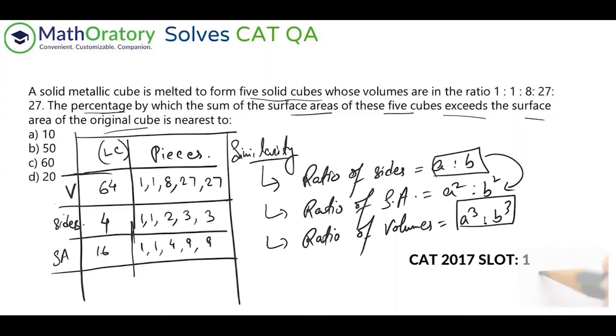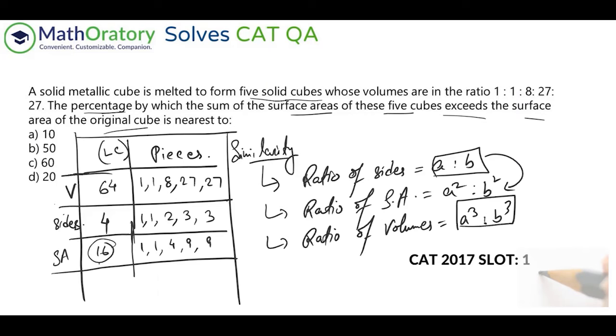Now please understand, don't worry about how many surfaces there are, because they are similar figures, geometrical shapes. Because of that, everything will have an equal number of surfaces. Two objects which do not have an equal number of surfaces or sides cannot be similar to each other. Because all of these are cubes, they will always have 6 surfaces. So it doesn't matter in terms of percentage or ratio, and you can just consider these as the areas themselves.